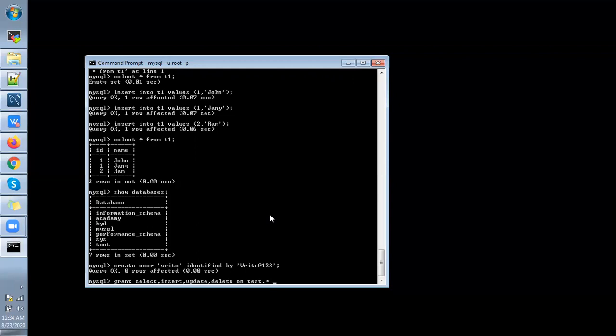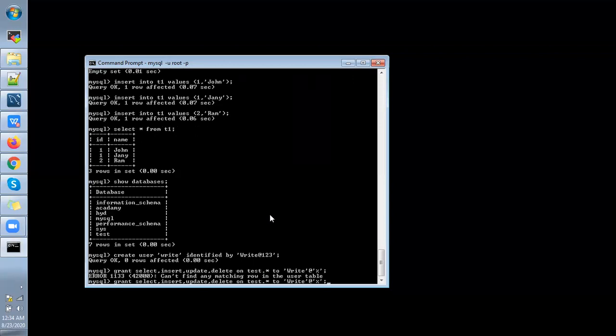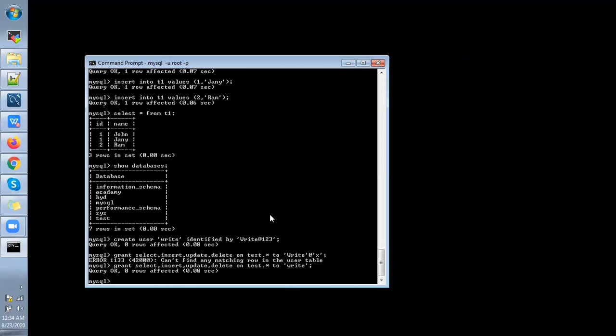So identified to the user. So the write access we have provided. Next, flush privileges.